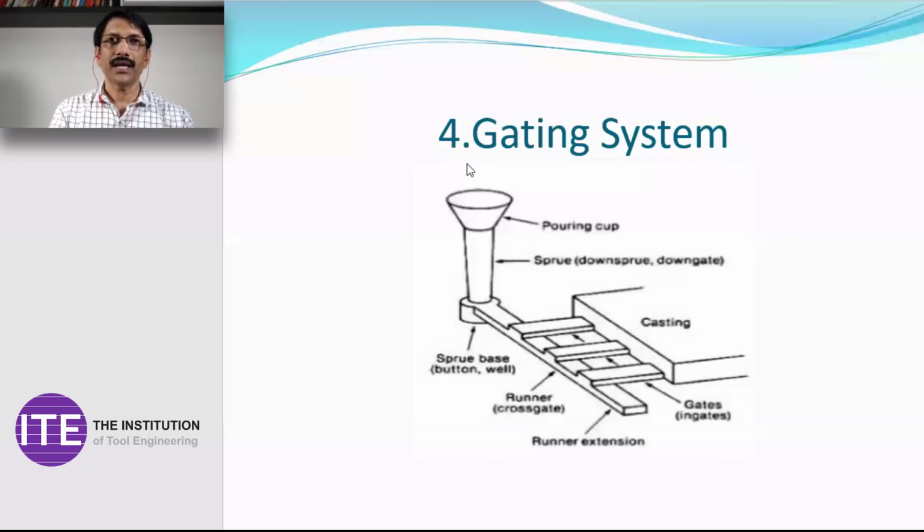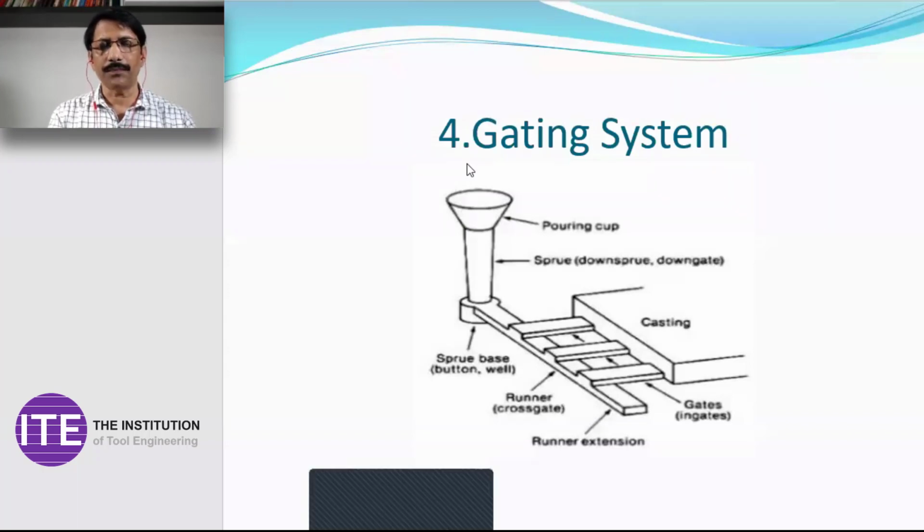But friends, you cannot rely 100% on this software. The reason is that there are so many variables. For example, if you are designing a press tool die, there is a software say AutoForm. That software can give you 95% accurate results. But consider sand casting. In sand casting, only 75 to 80% results are correct. Why? Because there are minimum 200 variables. And when variables are more, it's very difficult to predict.